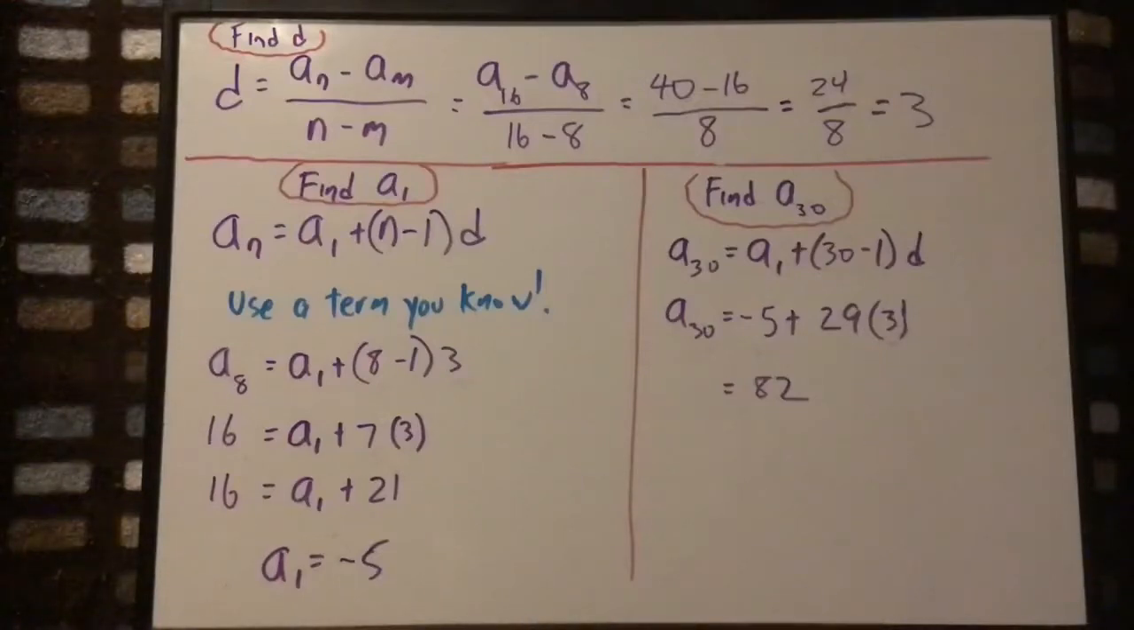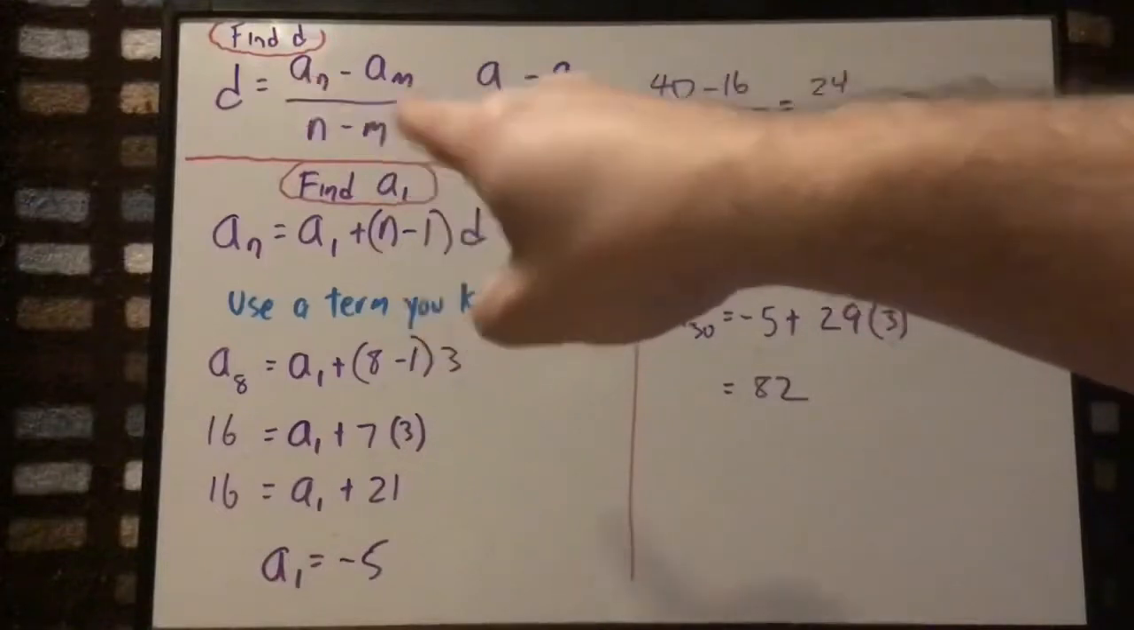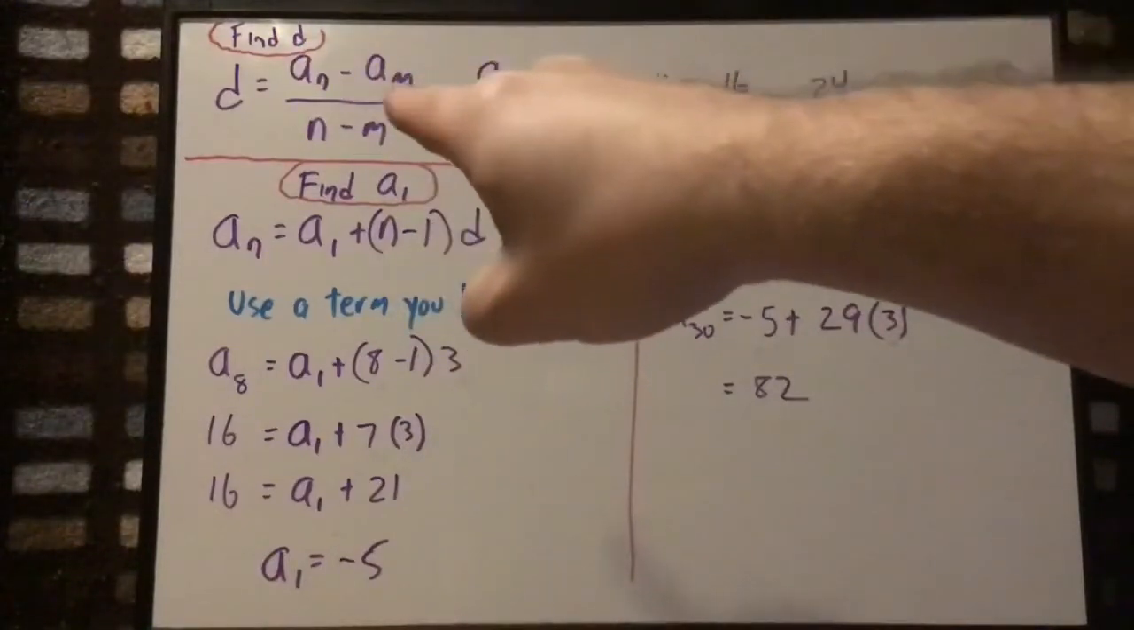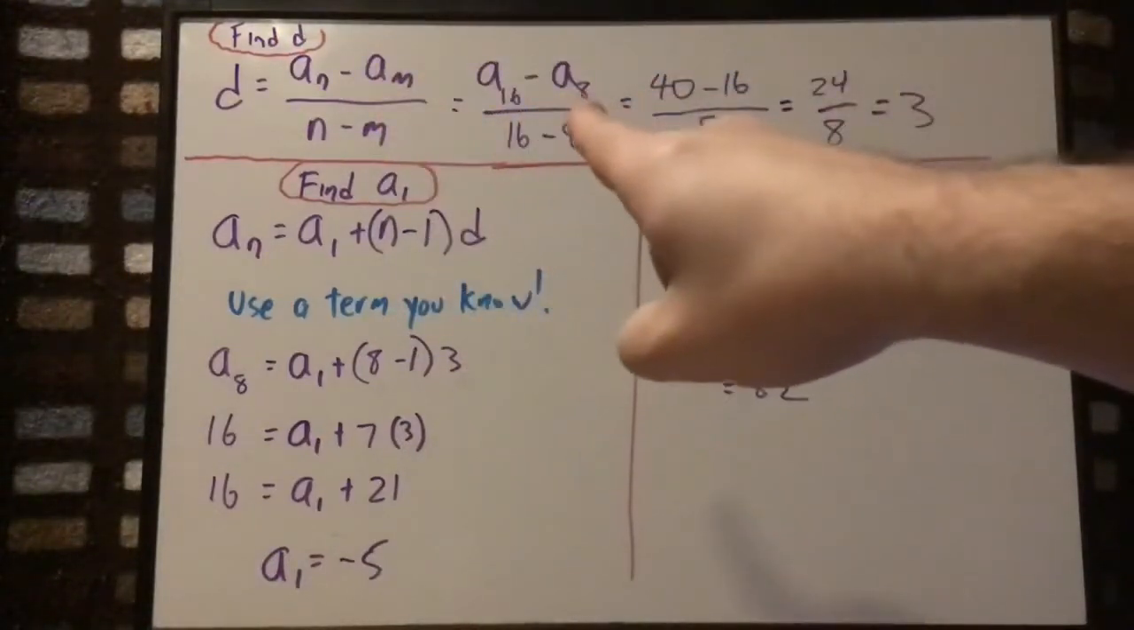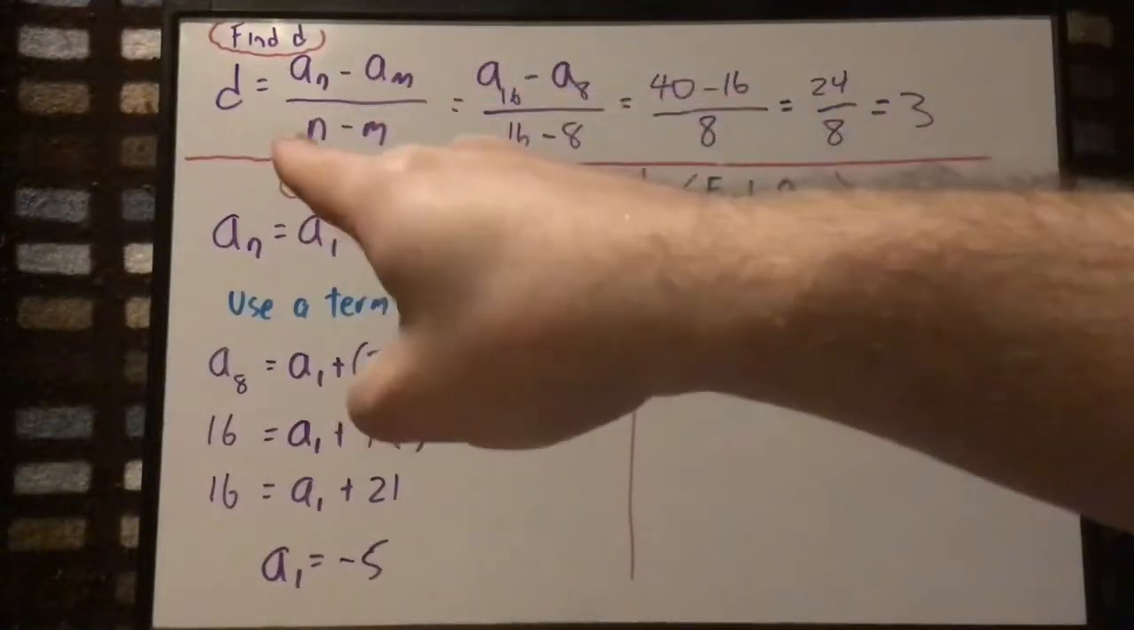Start by finding the common difference by using that general common difference formula. Now, how do you use that formula? Remember, this allows you to take any two terms that you already know and plug them in. So I know the 16th and the 8th terms. So I'm going to plug in the 16th term and the 8th term, and what goes down here is just